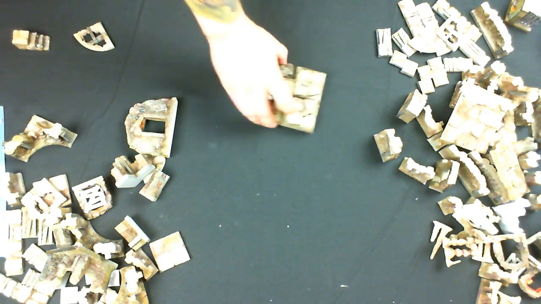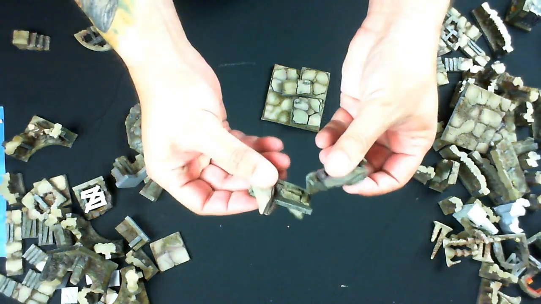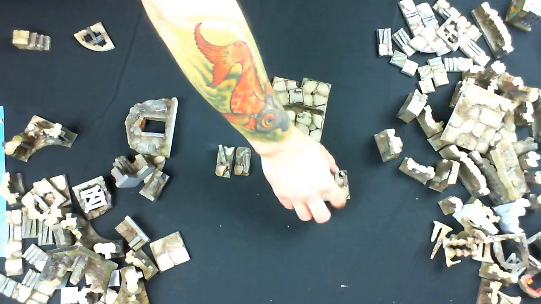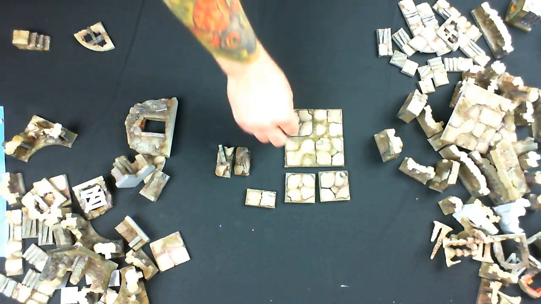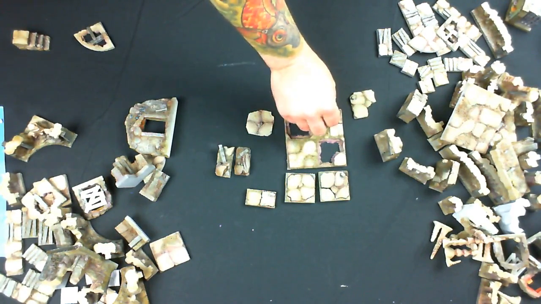The hazards set. Sure enough, it includes 2 rubble piles, so you can mark your cave-ins and collapses. That's fine. But it also includes a 2x2 floor tile, another 2x2 floor tile, a 4x4 floor tile, and a 2x1 floor tile. And the trick with these is they are modular. So you can take them off